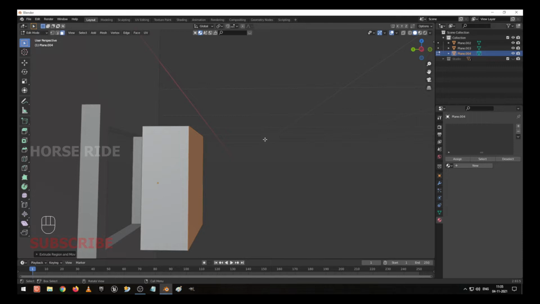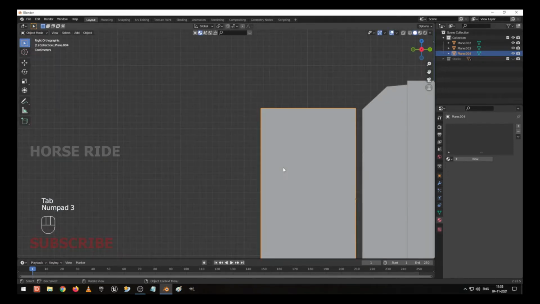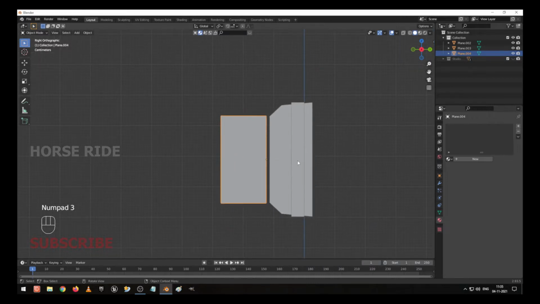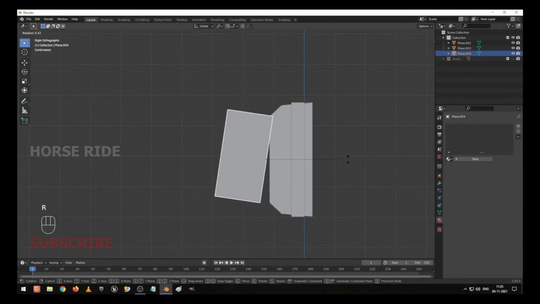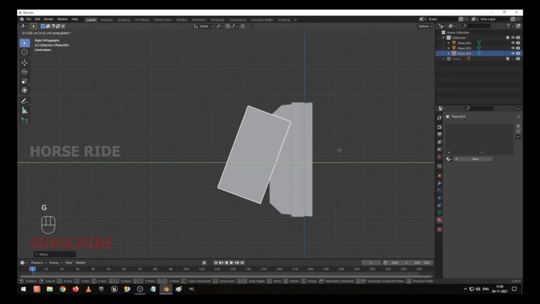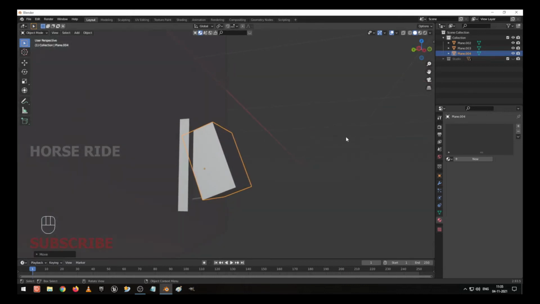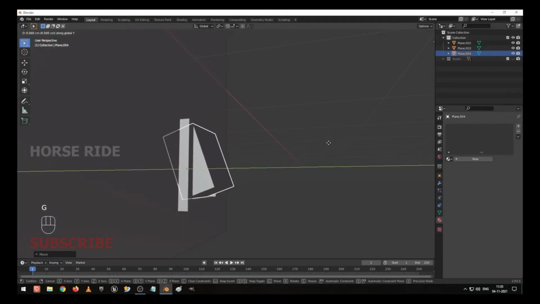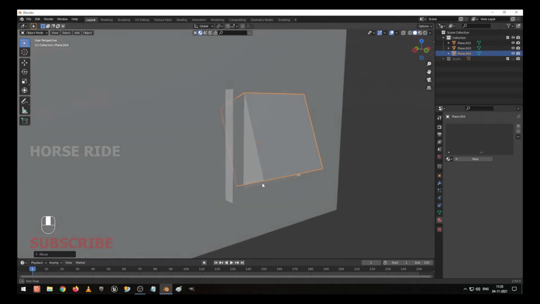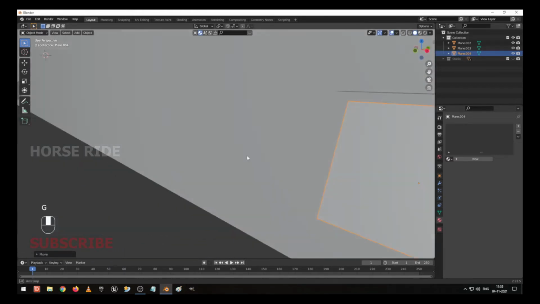I make it bigger, and I go to the side view using the 3 on the number keypad and R to rotate, and G to Z, GY to move. So let me see how it looks, and GY to move, and GZ to move slightly down.